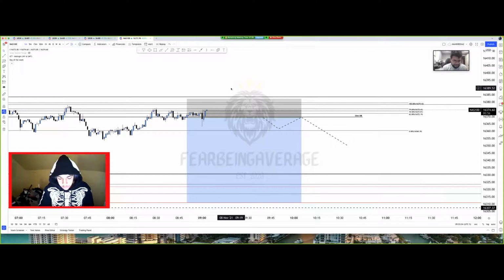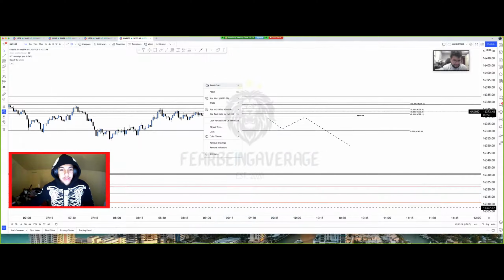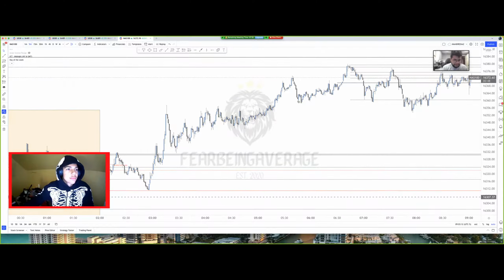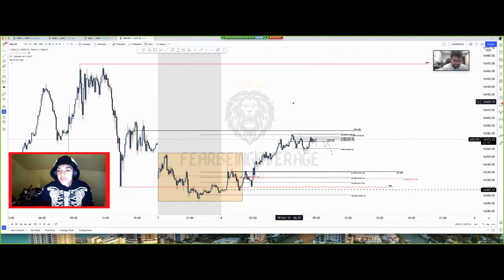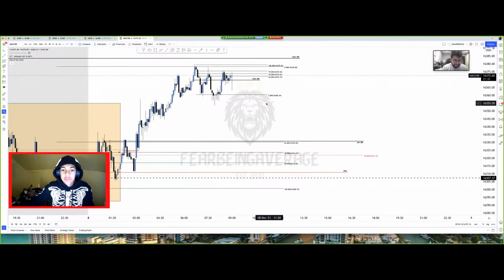Because just the way this looks, you saw the swiftness it had. That was more of a false break. You can just tell the difference. Because it looks like it's probably going to go for that 15-minute order block now. Yeah, because if you look at this on the 5-minute, look at this candle. Came, cleared all these lows, and easily now it's about to push and break these highs.